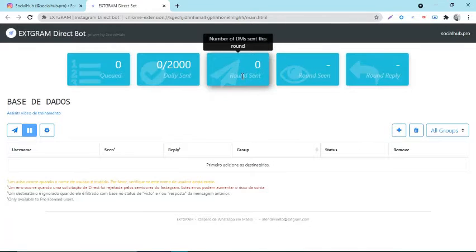Okay, the third dashboard refers to how many messages of the latest bulk sent were sent. For example, if you bulk direct messages to 50 leads, the same number will appear on this third dashboard. But if you bulk a DM to 100 leads later, that is the number that will appear on this dashboard